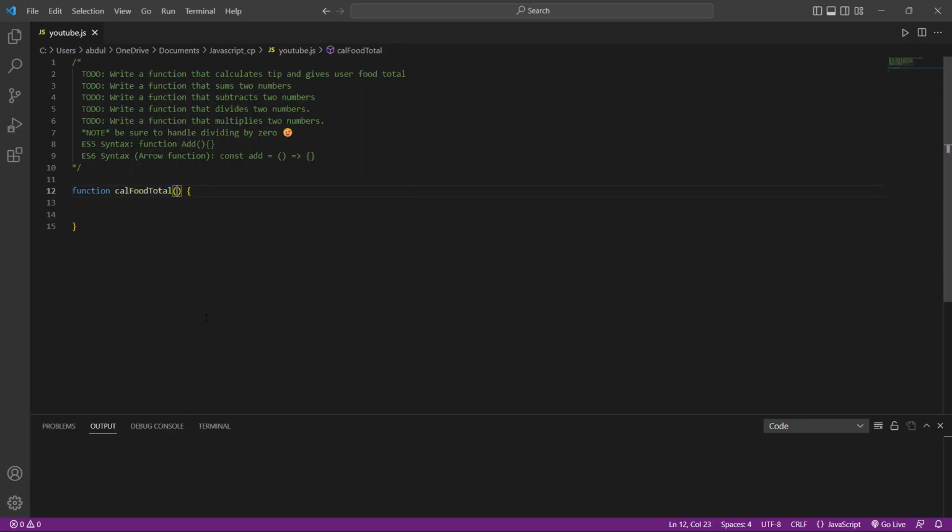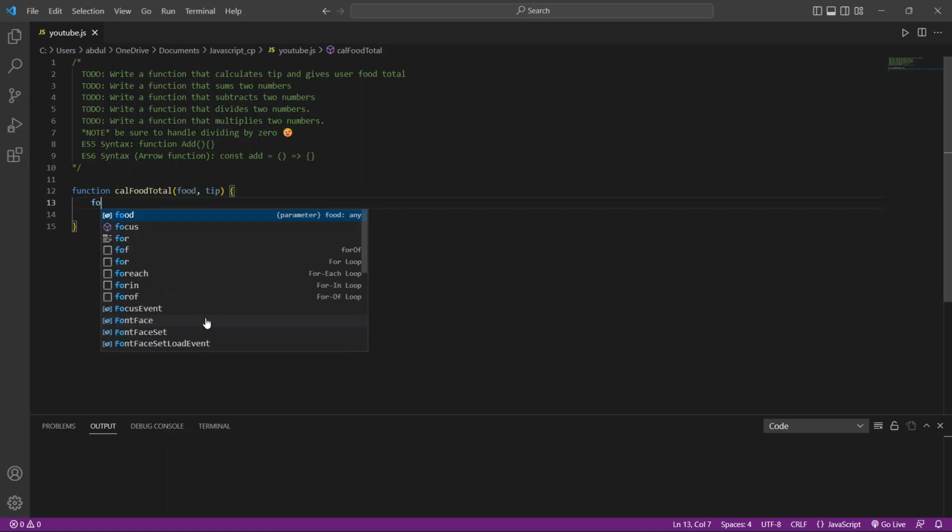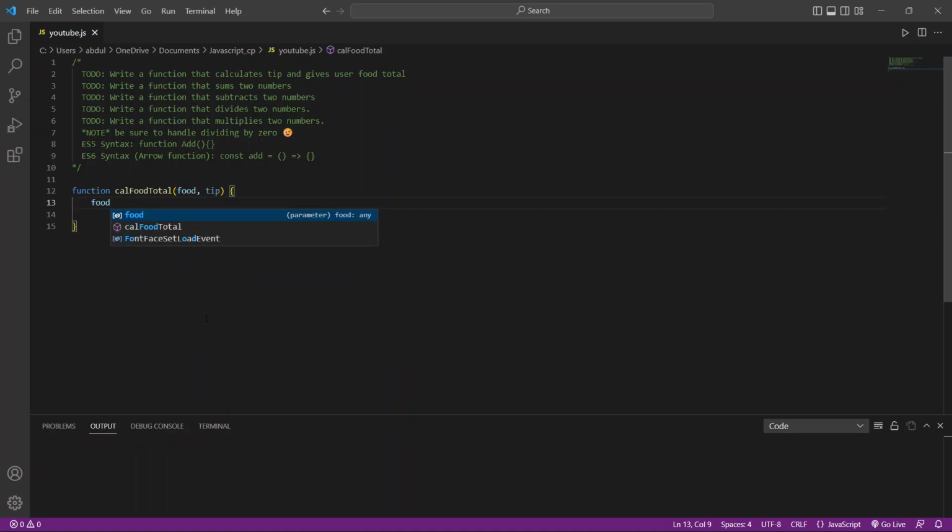Okay, so the arguments we're going to collect are the food total. The user is going to enter the food total, and then it's going to give us the tip percentage and the tip. So this guy is going to be this. That's going to be like this. Food total is going to be